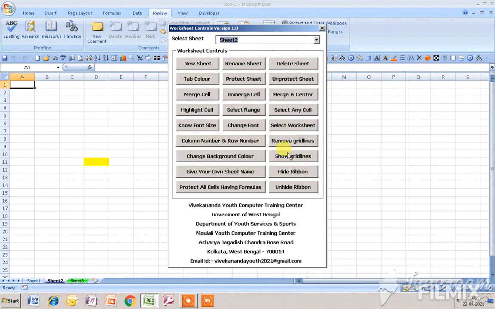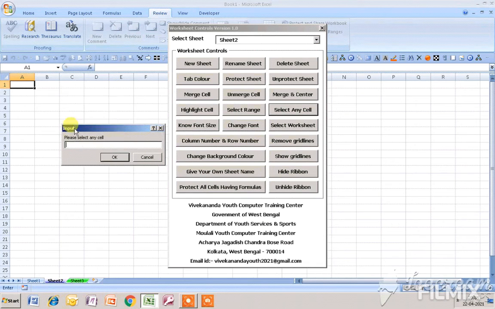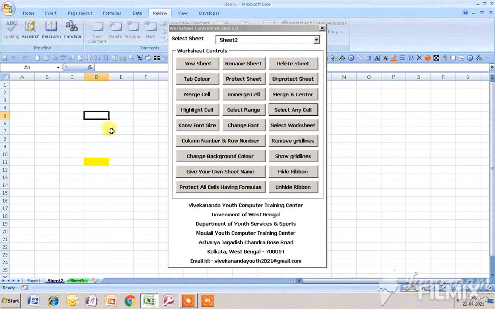From the worksheet controls, I click on this button, select any cell, and in the input box, if I enter D5 and click OK, then you can see my active cell at present is now D5.